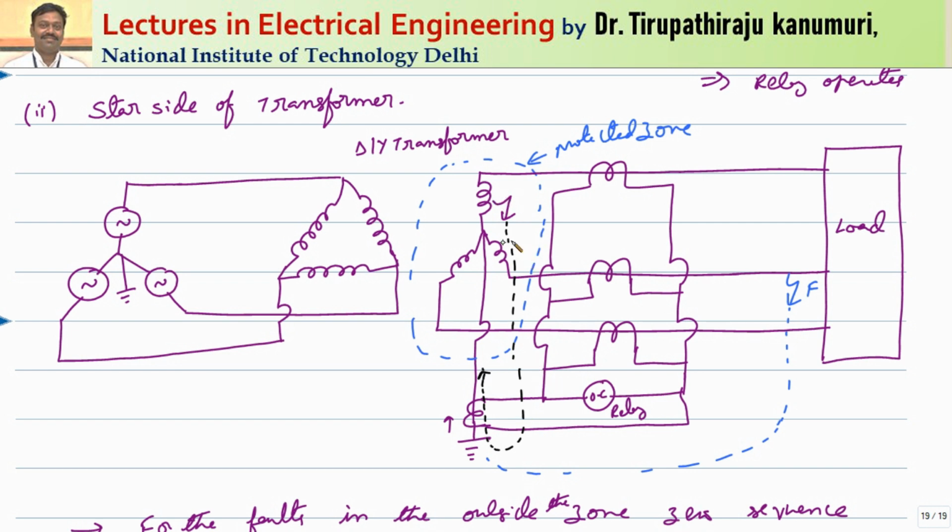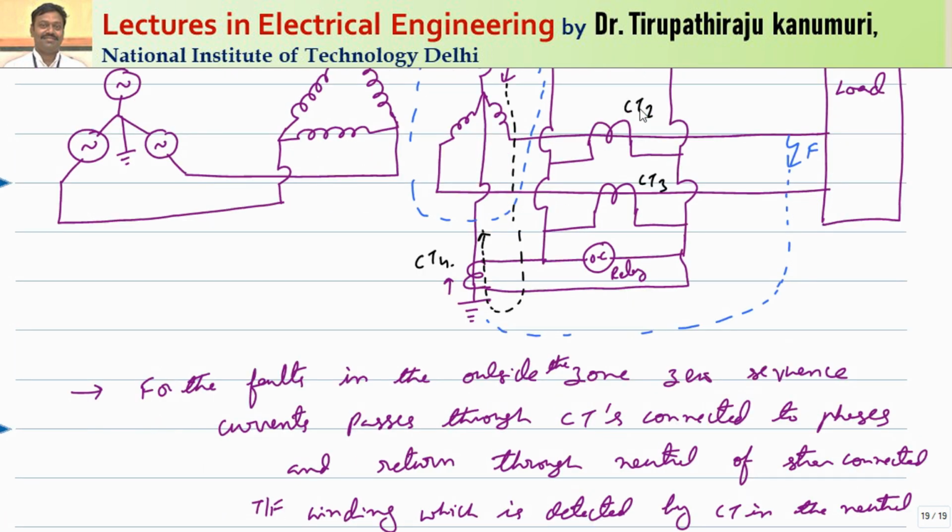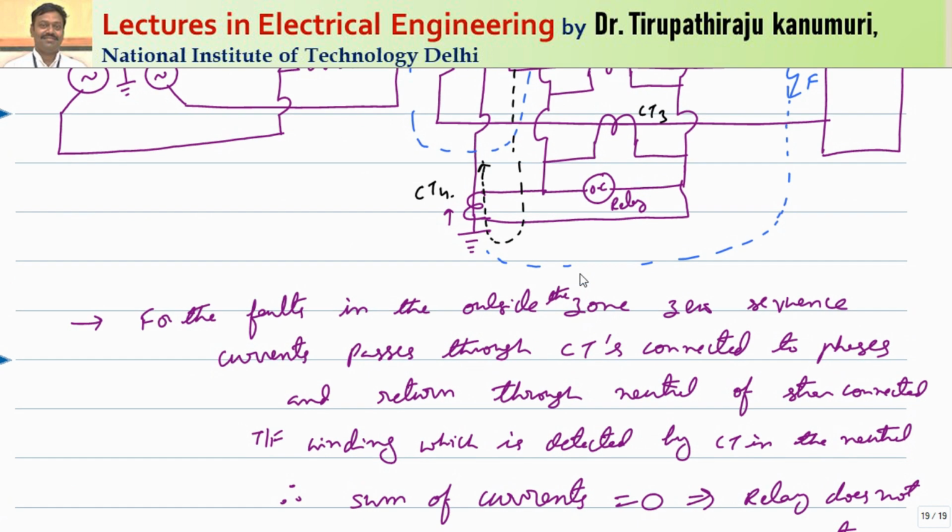So this fault current, you can see this zero sequence component is not passing through the phase CTs, but it is passing through the CT that is connected to ground. So let us keep the CT names. This is CT1, CT2, CT3 and CT4. Now we can tell that any ground fault that is happening internal to this zone, that fault or the zero sequence component is going to pass only through the neutral point, or only be detected by the CT4, and it is not detected by CT1 to CT3. That's why the sum of the currents will not be equal to 0. So that difference in current will pass through your overcurrent relay and that is going to operate your relay. I think this is clear to you.